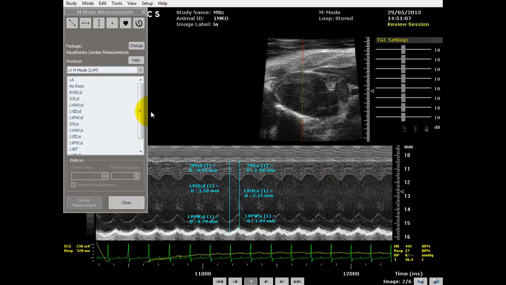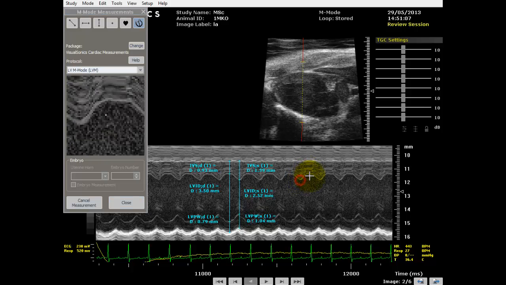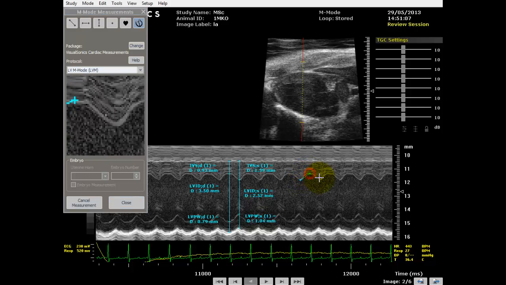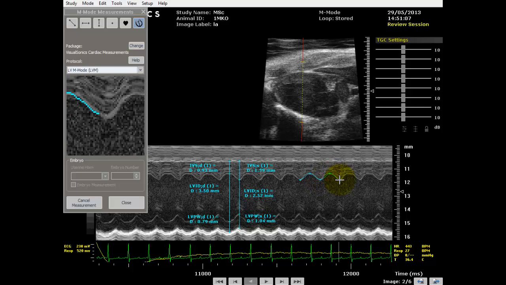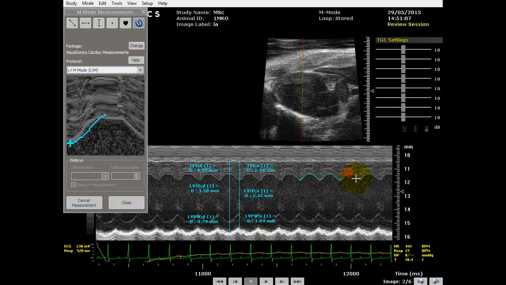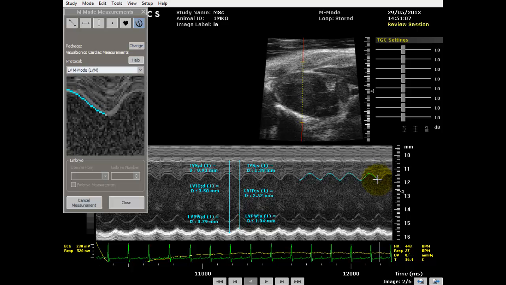But in a simple phenotypic study like this, you can do 1D analysis, click on LVID trace in the window here, and then you can basically click on all of the systolic peaks and diastolic troughs using your mouse. It joins the dots for you. I'd do 3 or 4 cycles just to make sure you've got them all. When you've reached the end of your uppermost wall, you can do the upper first or the bottom first, it makes no difference. When you get to the end, first of all you do a left mouse click, and then